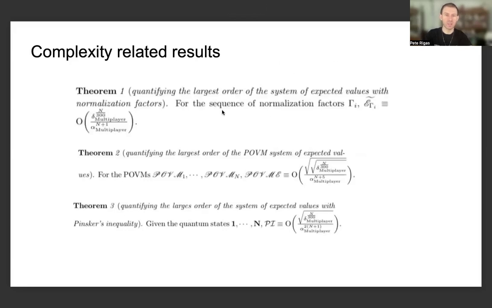And we have been describing throughout other parts of the presentation of this series so that we can obtain some type of handle and some type of estimate on the exponential decay of the multiplayer anchored value under parallel repetition, the fact that there are these three complexity related results.